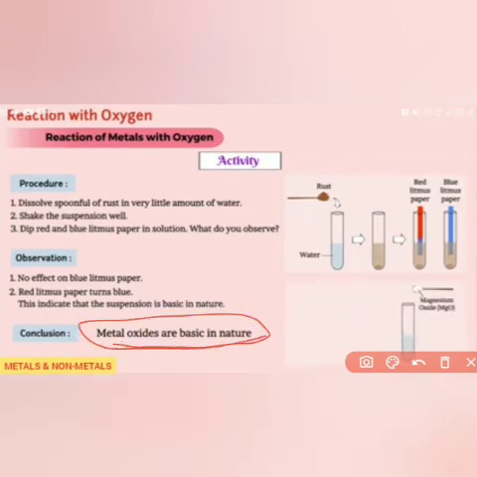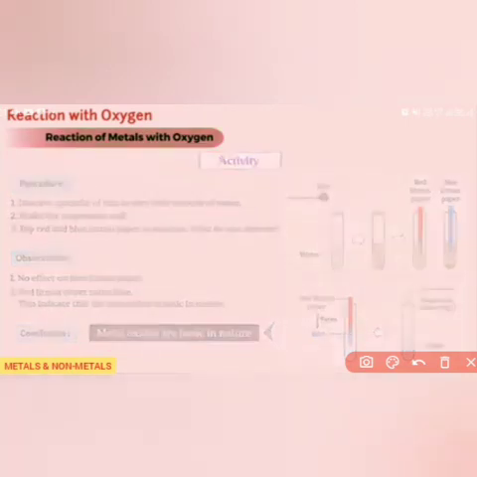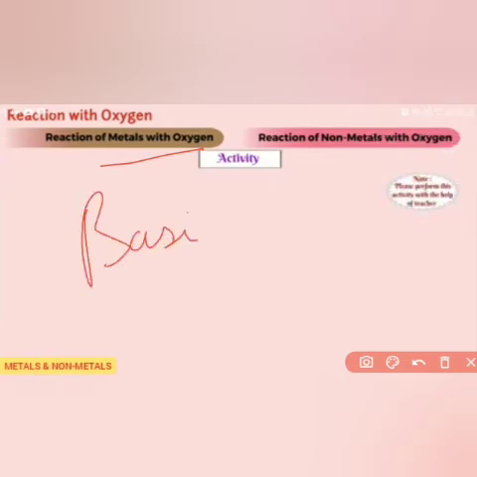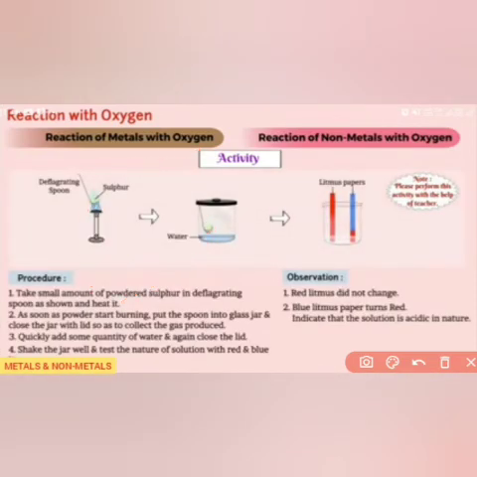as we have shown in the figure below. Previously I showed it with the help of a figure. Here also it is shown with the help of test tubes and liquids. So metals when they react with oxygen result in metal oxide, and the nature of that oxide is basic. They are basic in nature, while non-metals are opposite to that.